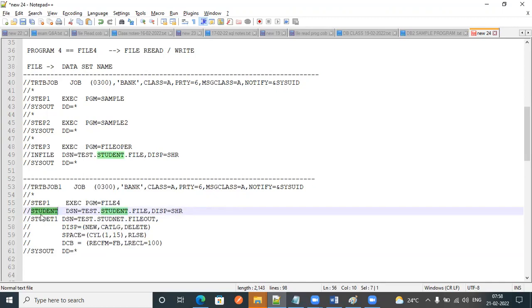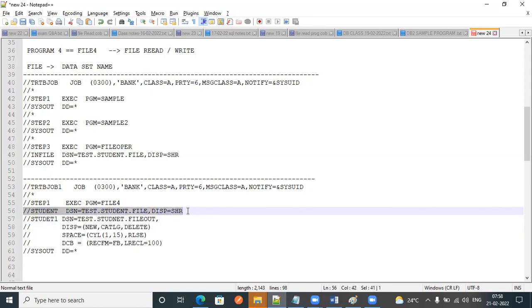That is the reason I am using student and student 1. But here I want to know which one is the input file and which one is the output file. How can we decide? That is very, very important. By seeing the program or JCL.